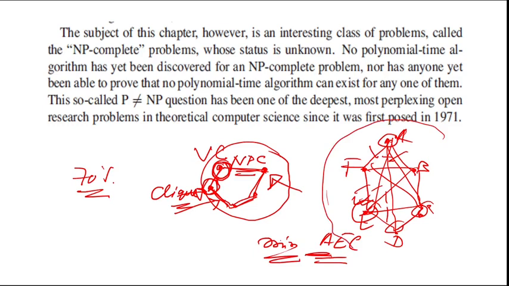Why may this vertex cover problem be helpful? Last time when the attack happened in Uri, there were bunkers on the enemy side. The fighter jet has to go there and bomb those locations which are heavily loaded with resources, so that the mobilization is stopped. So obviously the Indian Air Force will be bombing those highly resourceful bunkers. This is one application of vertex cover. They have to choose the minimum number of vertices so that the bombardment happens and the enemy front is destroyed. So this is the vertex cover.